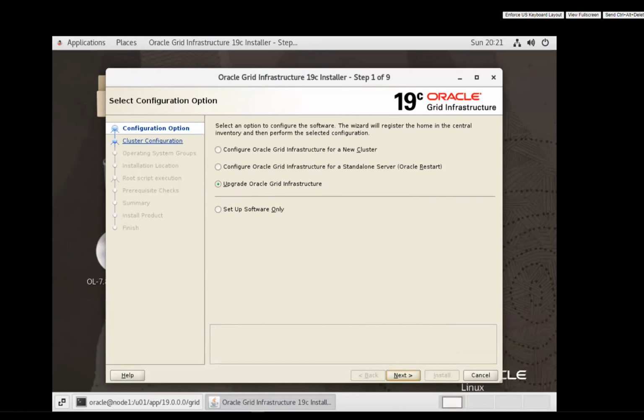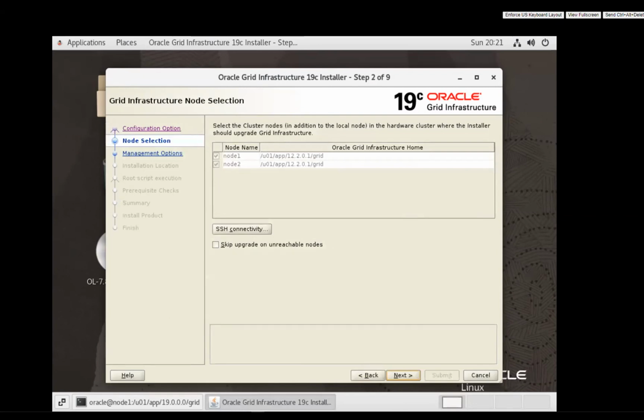Is there any option to decrease the grid upgrade time or the DB upgrade time? No. When it comes to the DB upgrade, you have to make sure that all the invalid objects and components are taken care of, running utlrp and compiling all those objects, as part of your pre-patch activities, so that you can shorten the patching or upgrade window. When it comes to the grid upgrade, it's straightforward. You cannot minimize the window. Whatever I explained so far, like applying the latest patch, you can do as part of the pre-check.